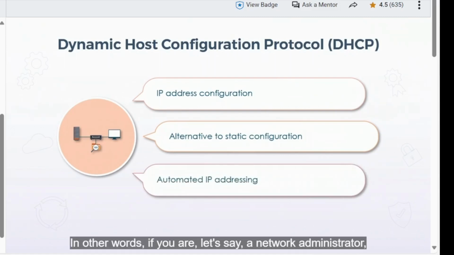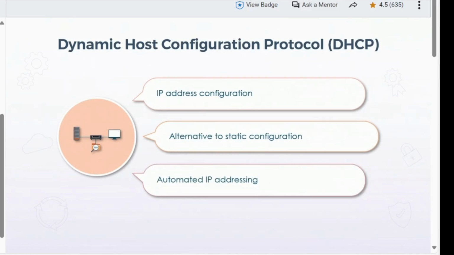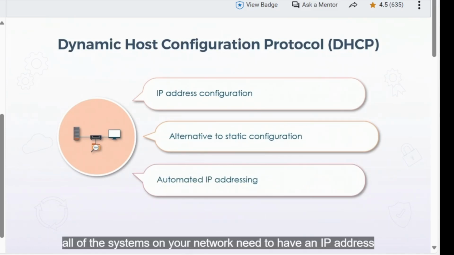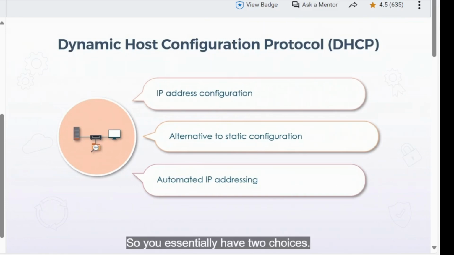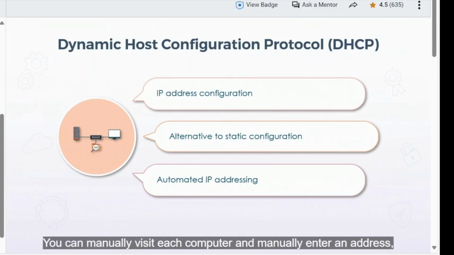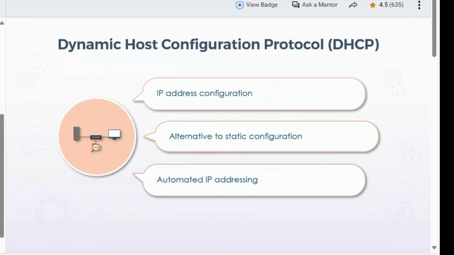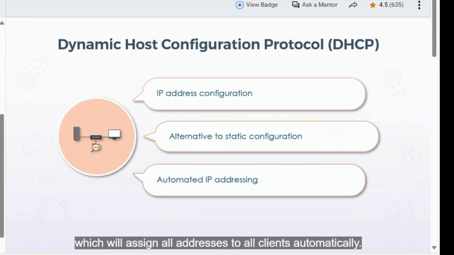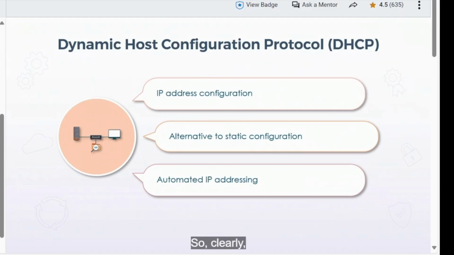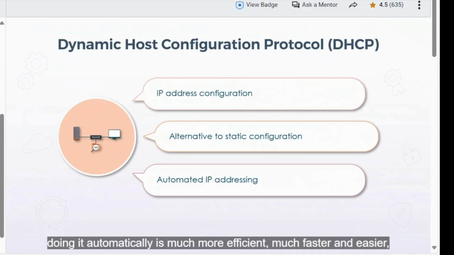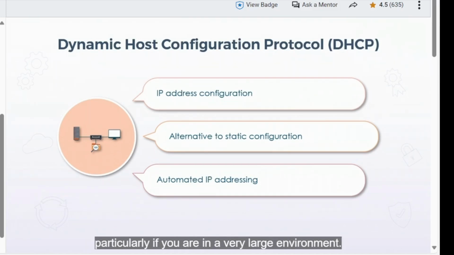In other words, if you are, let's say, a network administrator, all of the systems on your network need to have an IP address in order to communicate with each other using the TCP/IP protocol. So you essentially have two choices. You can manually visit each computer and manually enter an address, or you can implement DHCP, which will assign all addresses to all clients automatically. So clearly, doing it automatically is much more efficient, much faster, and easier, particularly if you are in a very